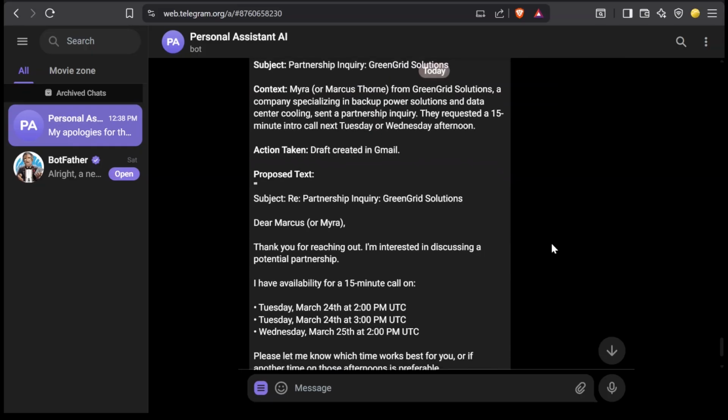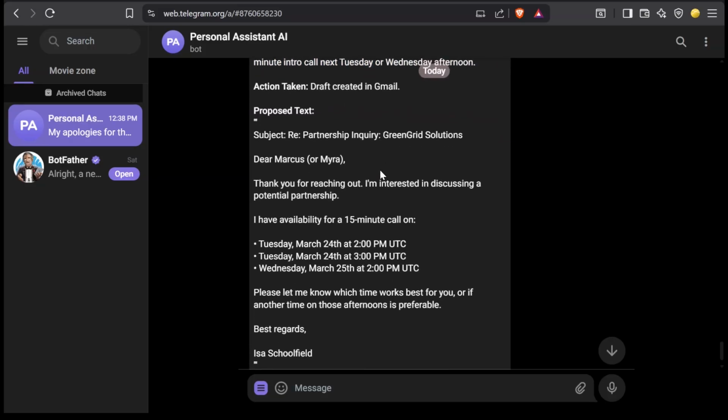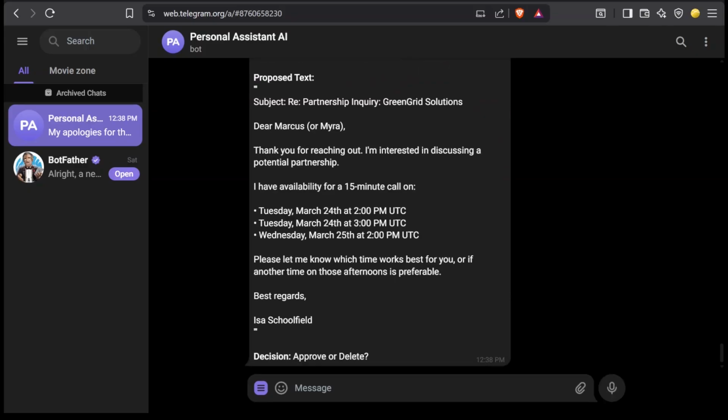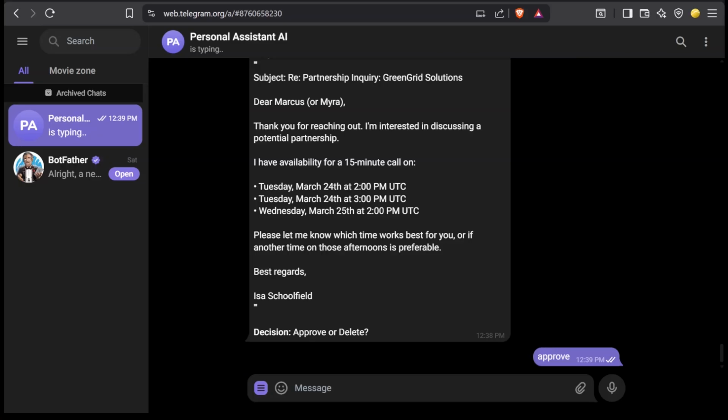Okay, so here's the text that I've received. It has the subject, which is the partnership inquiry, with the context of who is the sender and what exactly is their background. Then the action taken is a draft that is created in Gmail, and this is the content of the draft. So if I go into my Gmail, I can see this draft right here. It has the same text that was provided in my Telegram. So if I go ahead and approve over here,